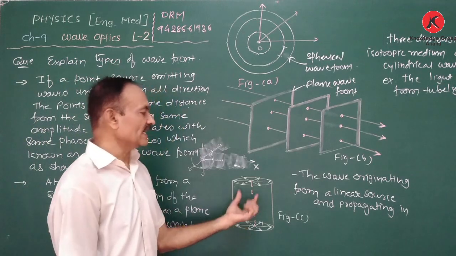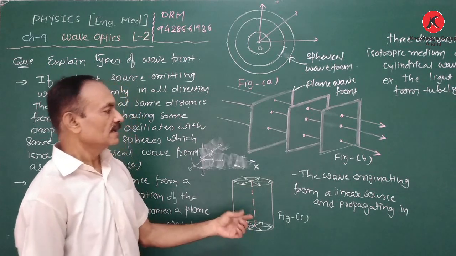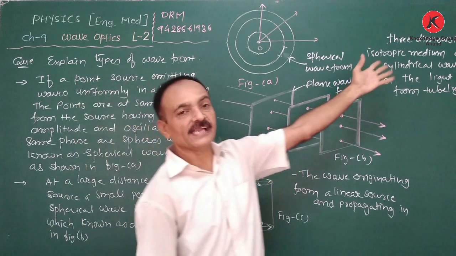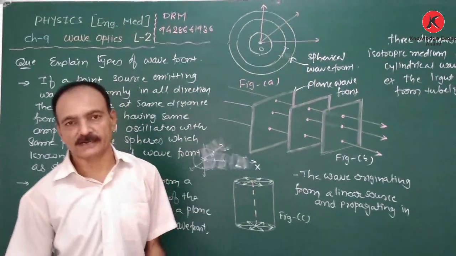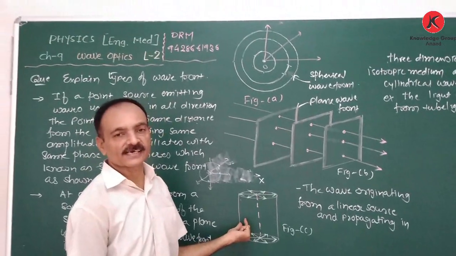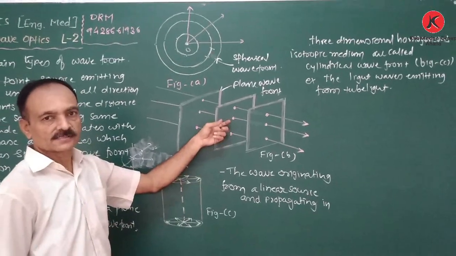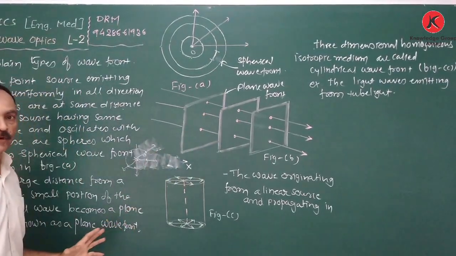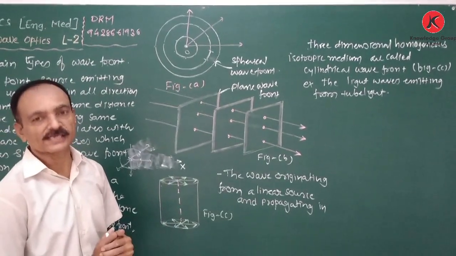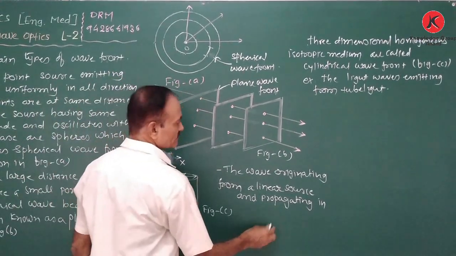Now, the third portion is the cylindrical wavefront. The wave originating from a linear source and propagating in a three-dimensional homogeneous isotropic medium is known as the cylindrical wavefront. Instead of a point source, if the source is lying on a line like this way,